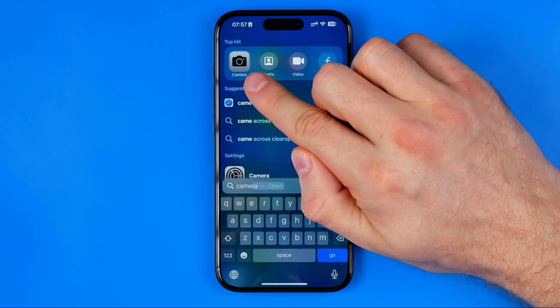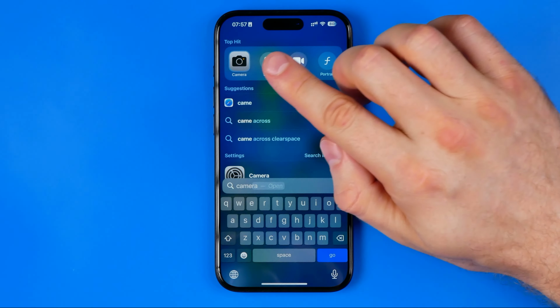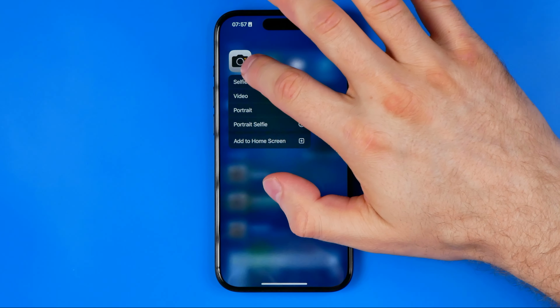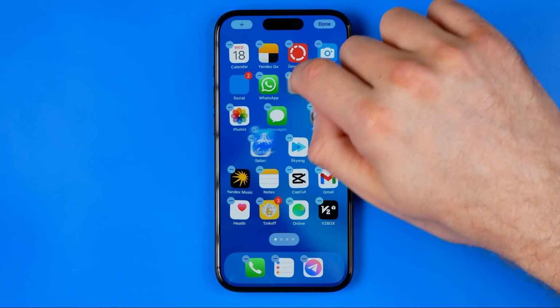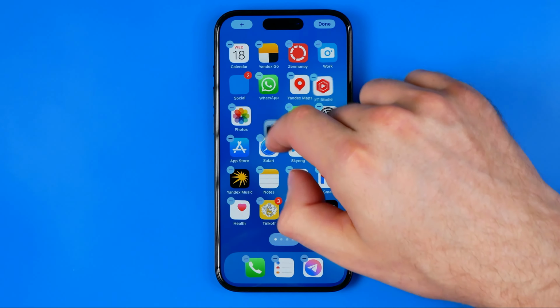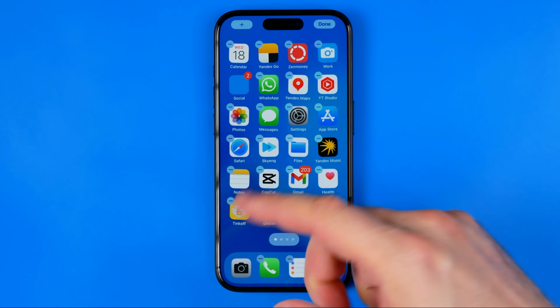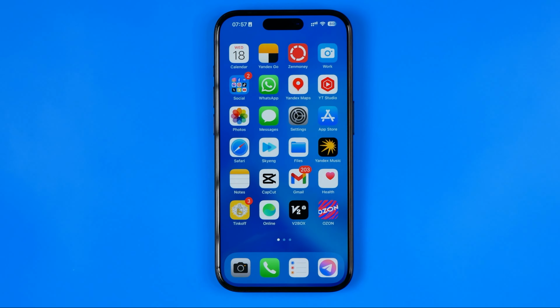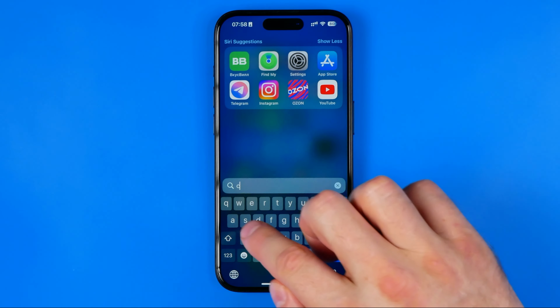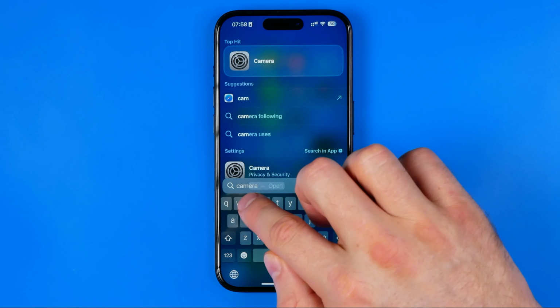That's how we can easily find camera app if it is not disabled on your iPhone, and then we can long press on it and then we can drag it to place it anywhere at our home screen or at that bar. However, guys, it also might be a situation when you are trying to search for camera app via